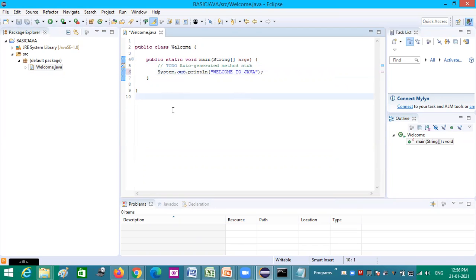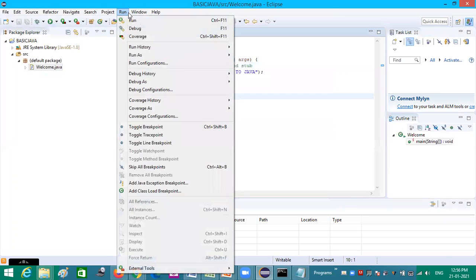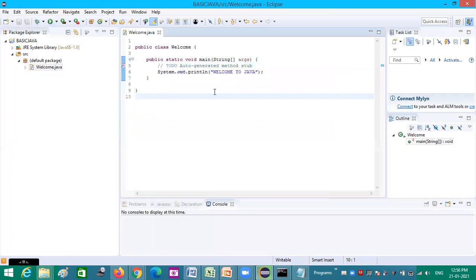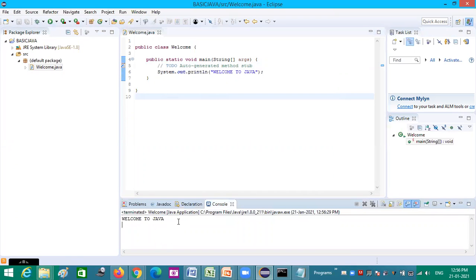I have typed this and I am saving it. Now here I can run. Immediately the result is displayed here. You could see here, I hope you are seeing that. So this is how the IDE works.